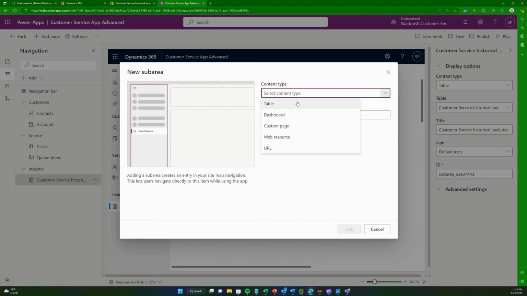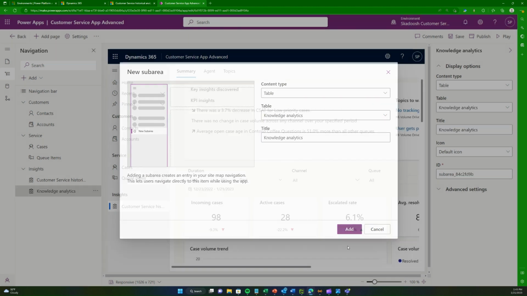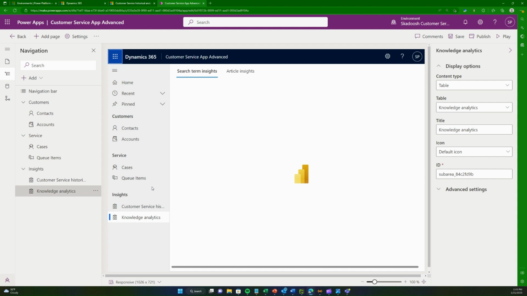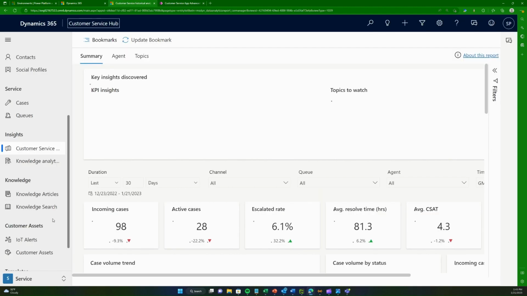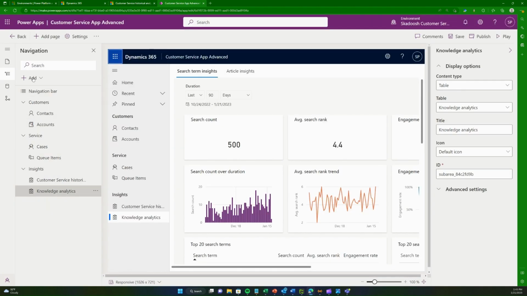In the same way, I can add one more sub area. It will also be a table and it will be about knowledge analytics. You see how quickly we can start configuring and adding things, and the customer assets. And customer asset is something that, and this is again the part where I talk about how this model-driven app spans across the whole stack of Dataverse. So all the tables,